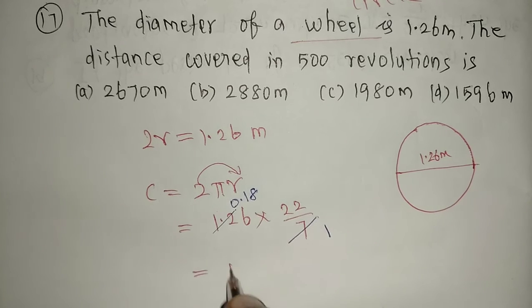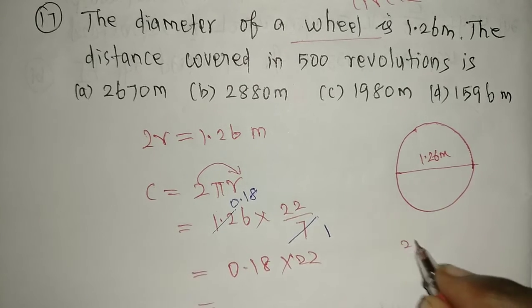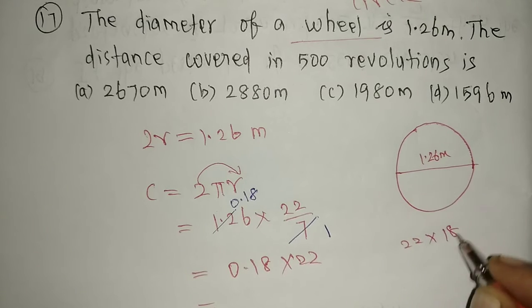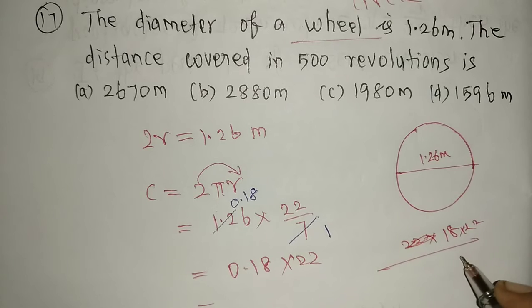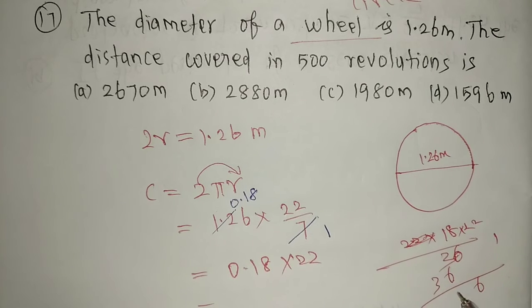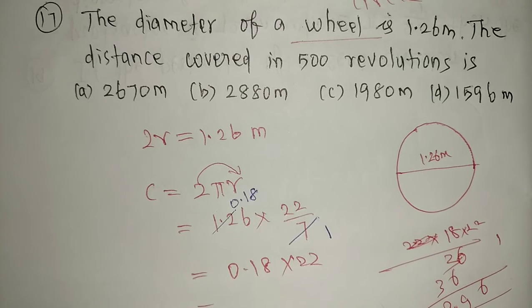0.18, multiply this 0.18 into 22. That's it. So 22 into 18, what we are getting, sorry, do like this, 22. 16, 1, 2, 3, again same, 6, 9, 3. That's all. So this is our required one, but after 2 digits you have to give the point. So 3.96. So we are getting